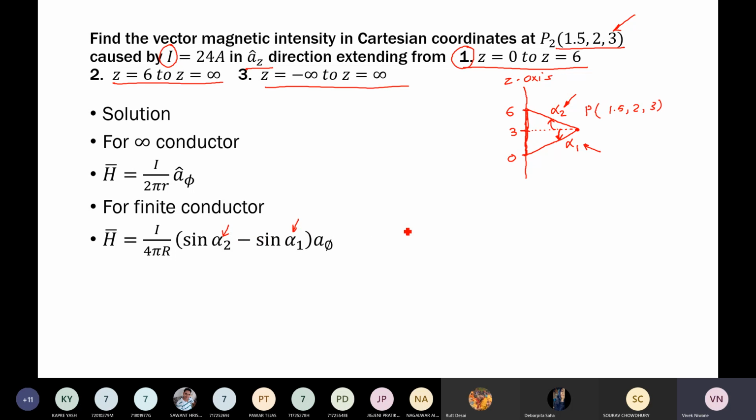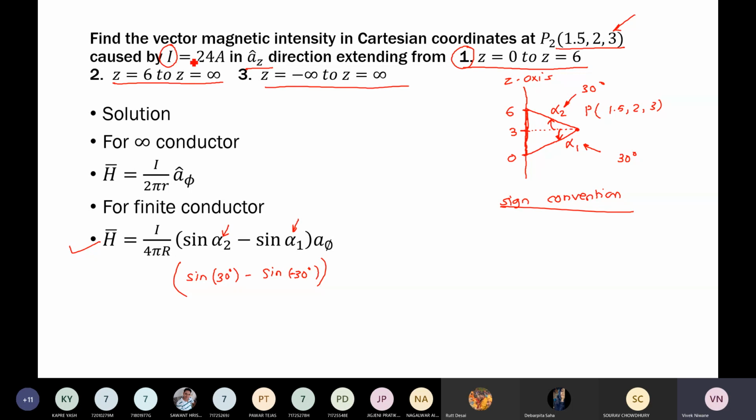While putting the values over here, for example, let us say this is 30 degree. So you will write sine of 30 degree, and if this is also 30 degree, sorry, this is a downward angle, so you have to write sine of minus 30 degree, and since alpha 2 is in the upward direction, it will be 30 degree. You have to take care of the sign convention. If it is a downward angle, you have to put a negative sign over here while doing the calculations.